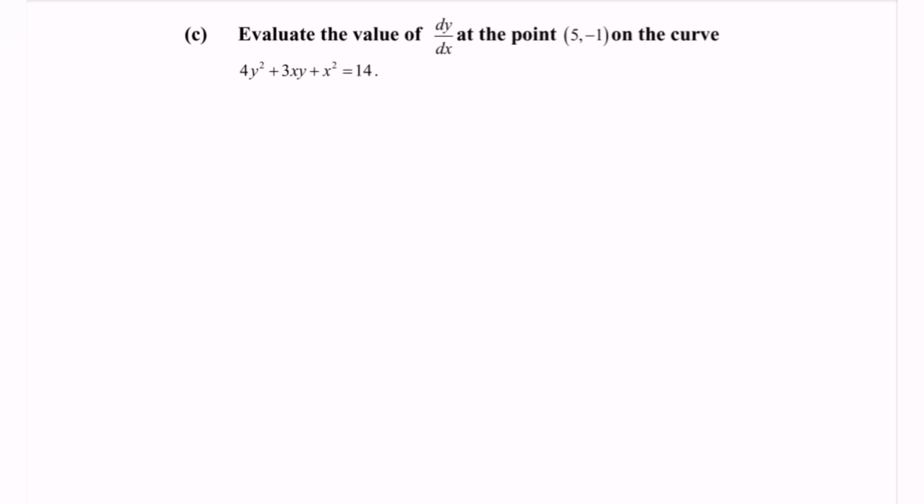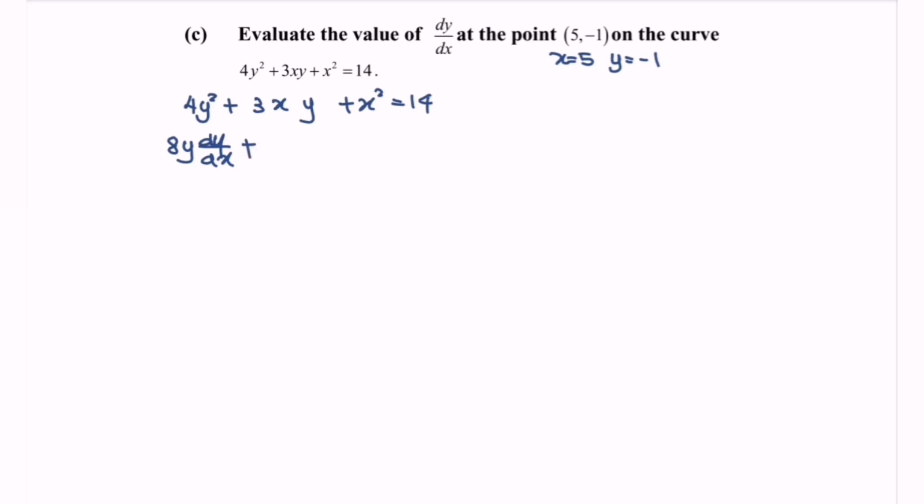C. Evaluate the value of dy/dx at the point x equals to 5 and y is equal to negative 1 on the curve where we have 4y squared plus 3 multiplied with xy plus x squared equals to 14. Kindly differentiate the equation with respect to x. So we have 8y dy/dx